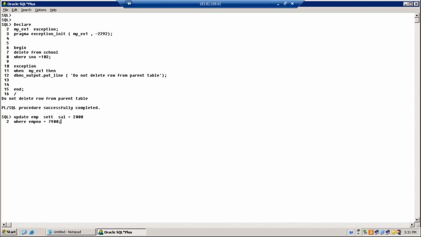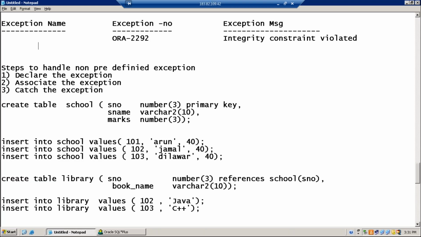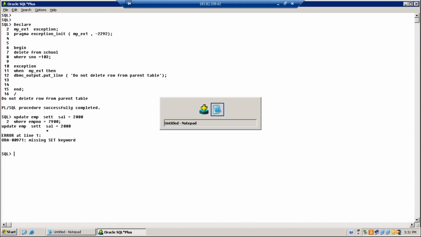Set is a spelling mistake. ORA-00971 is an exception that is raised when there is a problem with the set keyword. Spelling. And what is the message given by Oracle? Set missing.